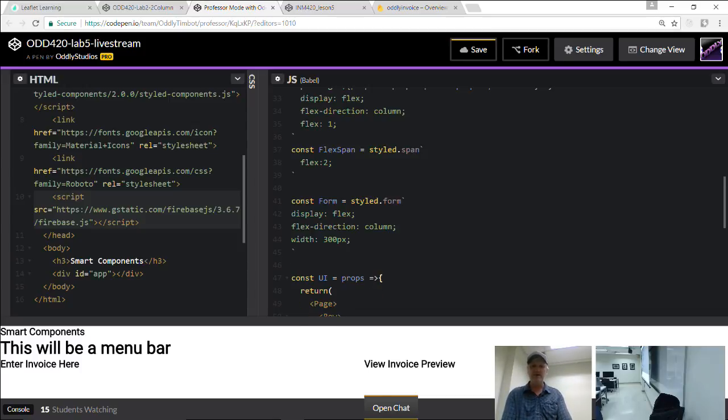Let's do a button. We know we need that for sure. So let's go const submitButton equals styled. Now here's the tricky thing, right? In a form, the submit button is just another input, actually.